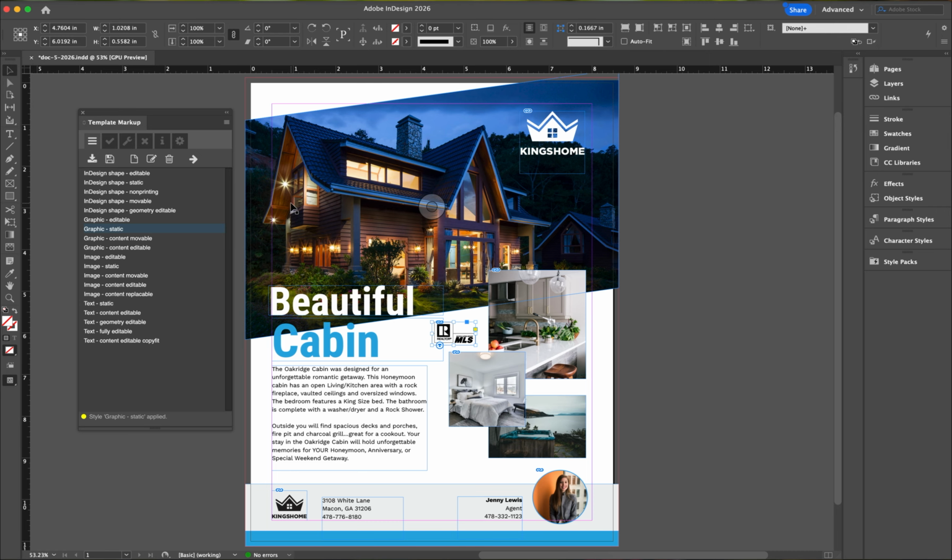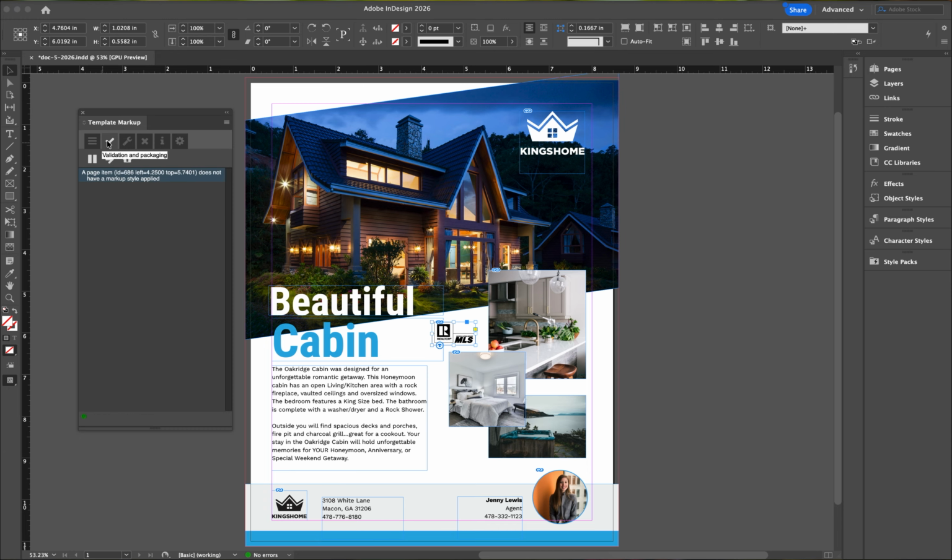Lastly, before we package up our document, let's just go back and look at the validation and packaging. We're going to see that there are no errors. So this means that this document is ready to go to the web. But there's one more thing I want to do before we do that, and I want to apply variables to